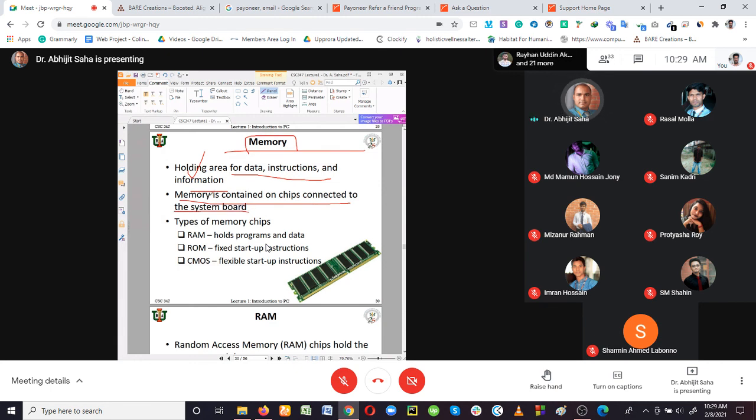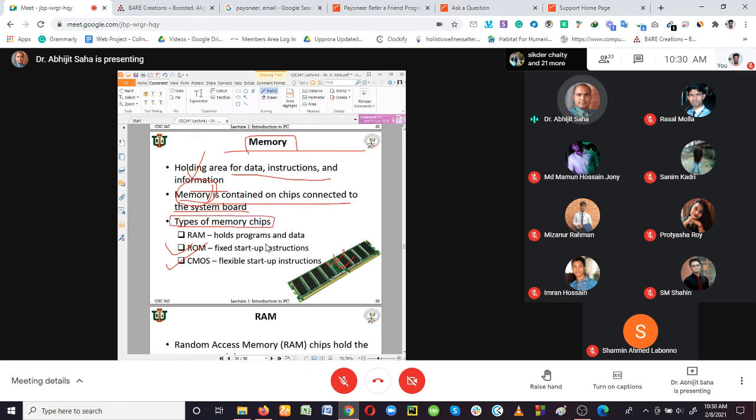So there are different types of memories in our computer system. Most importantly, the RAM that we install into the memory slots, or RAM slots. The RAM is what we have as memory in our computer system. There are some other memory chips like the ROM and CMOS we are talking about. So if anybody asks you what the types of memory chips are,